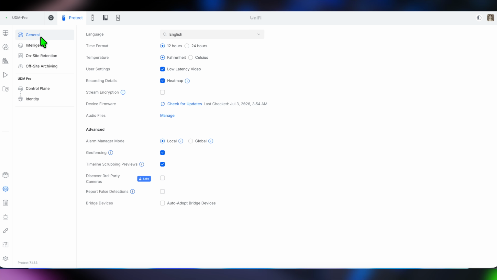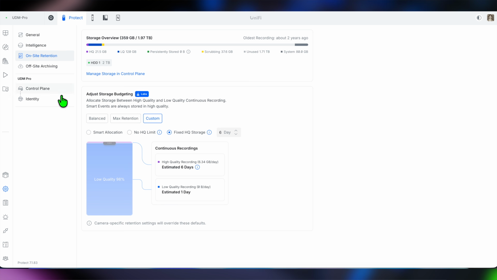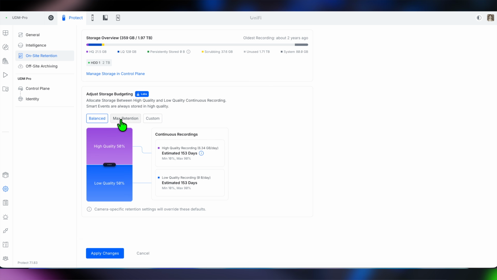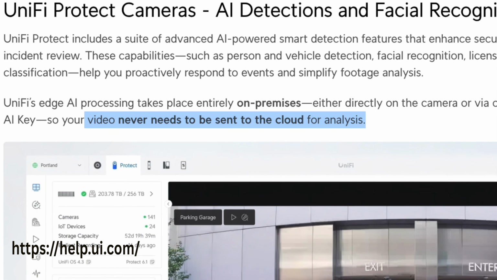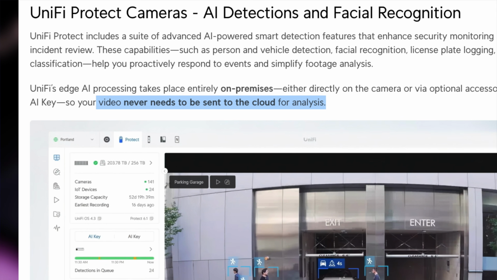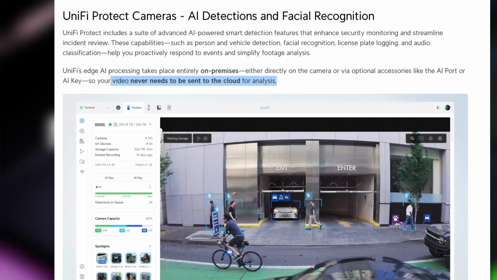The benefit is that you're not beholden to a monthly fee to access your recordings, and maybe more importantly, you're not handing your data over to a corporation. Even the AI detection features within Unifi Protect are processed locally, with cloud services used primarily for convenient remote access